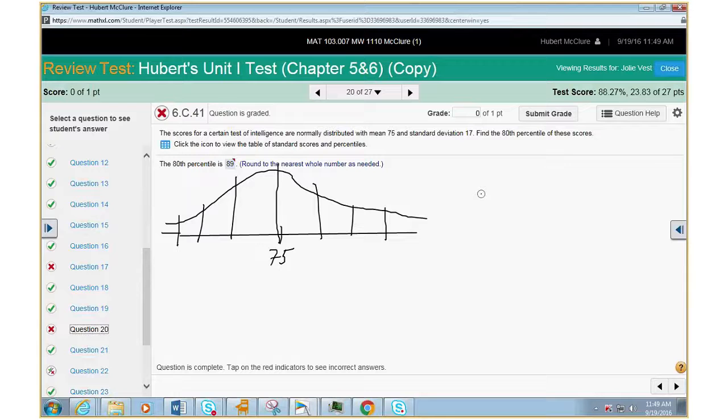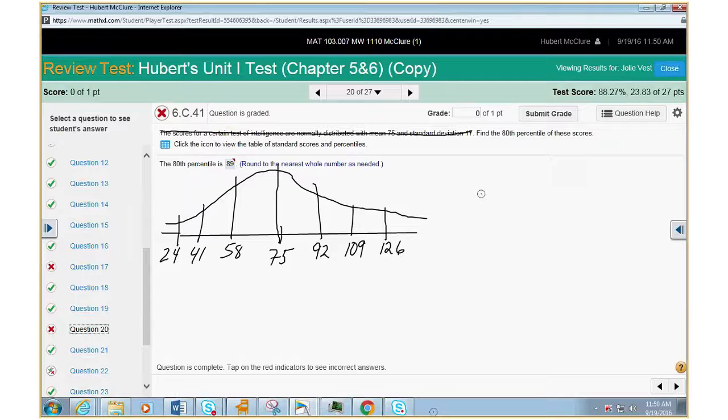17. So somebody tell me what 75 plus 17 is. 92? And then 92 plus 17 is 109. And 126. And then 75 minus 17, and minus 17, and minus 17. Okay. So, and they say, we've done all this,